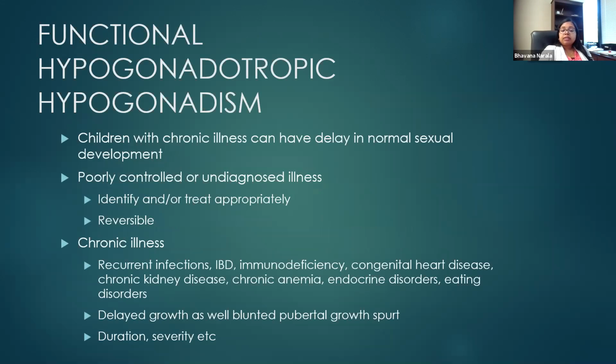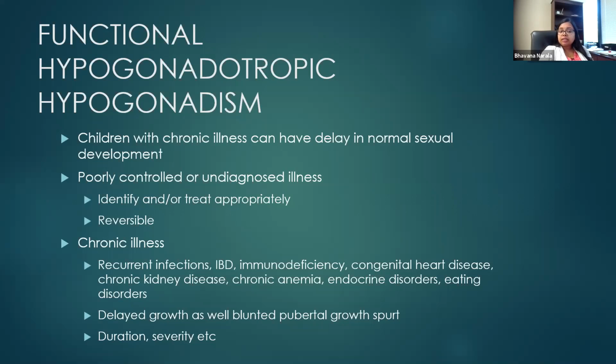So chronic illnesses such as recurrent infections, we have found 2 cases of inflammatory bowel disease because they're coming in with short stature or delayed puberty and have been having some abdominal pain, diarrhea. An investigation led to inflammatory bowel disease,